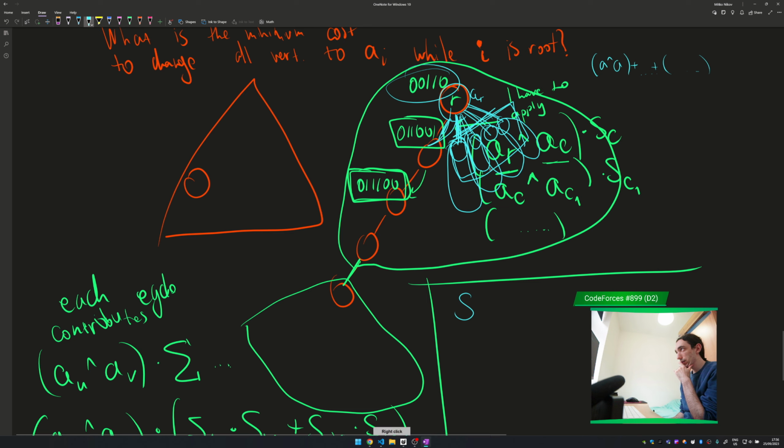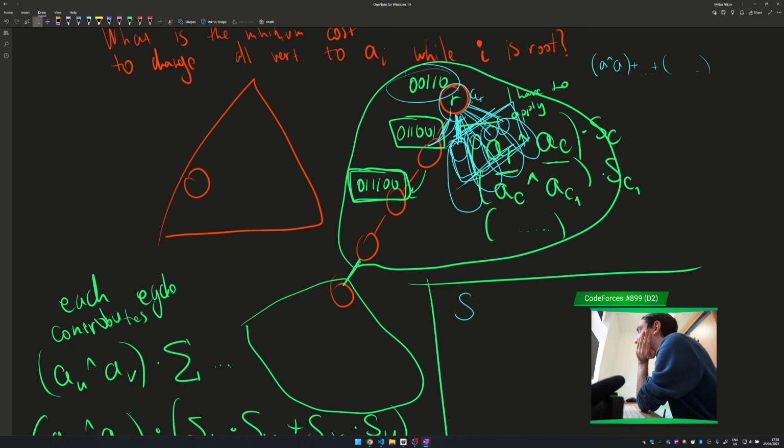The cost here and plus the cost here. But then when I return back, the cost will be added on that side, and then